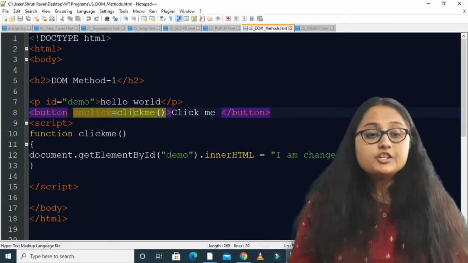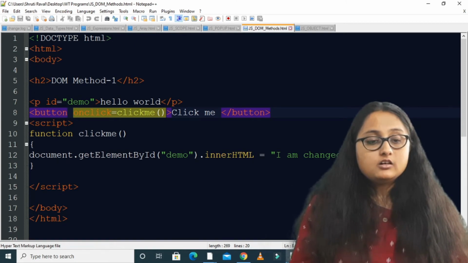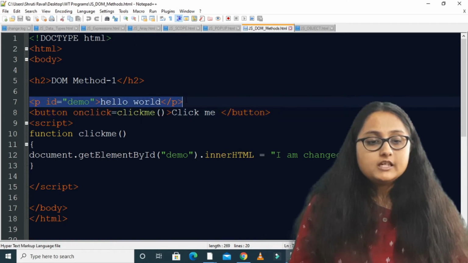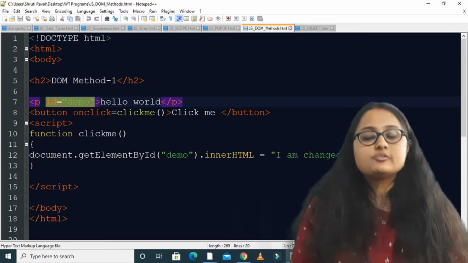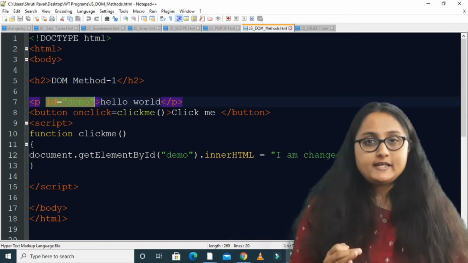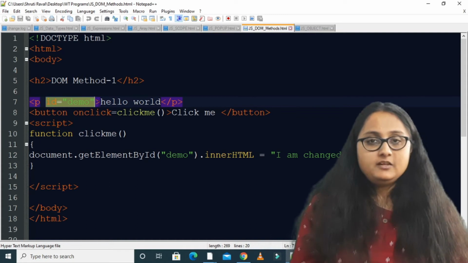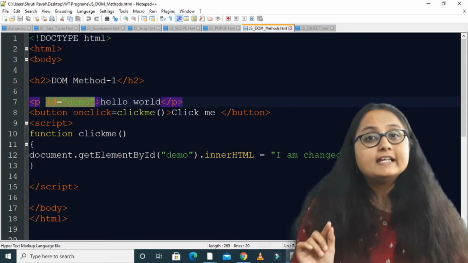So let us directly see a program. Here you can see that I have a paragraph inside the body, with the attribute ID equal to demo, because in this first method we are going to access an HTML element using the ID attribute.